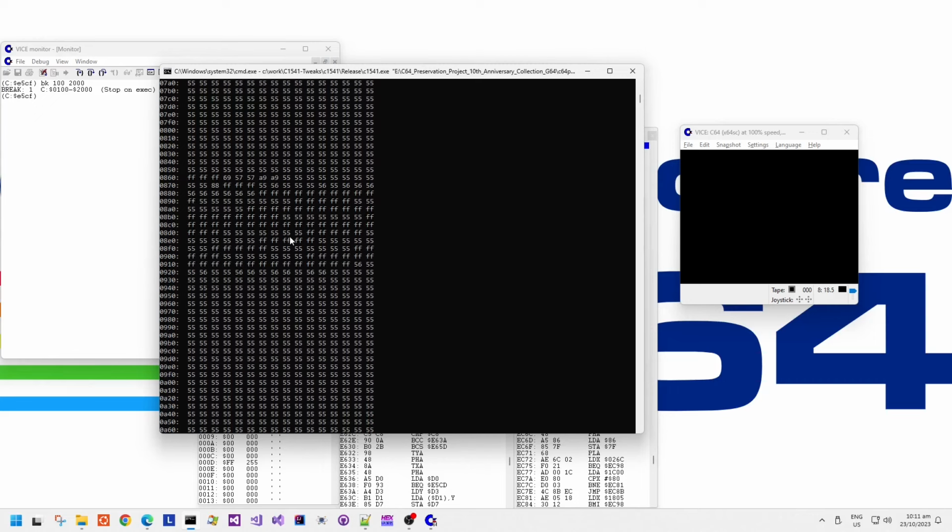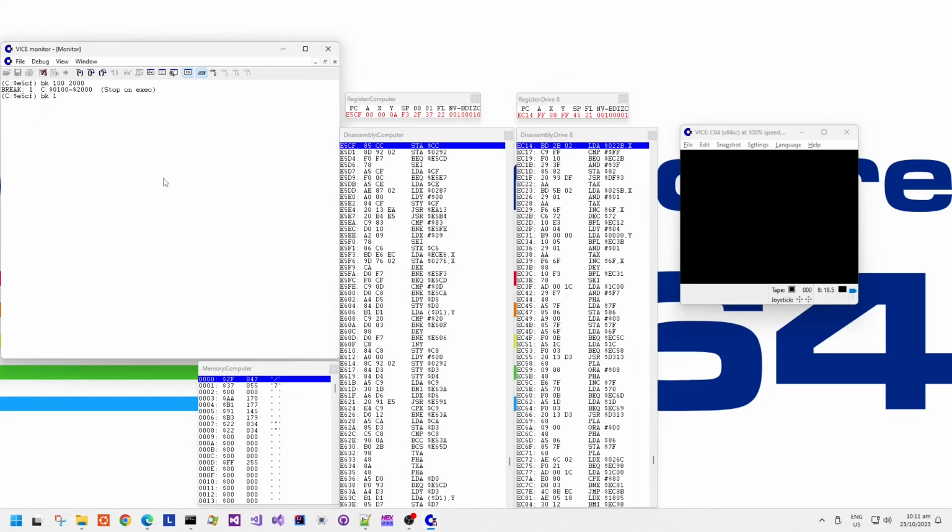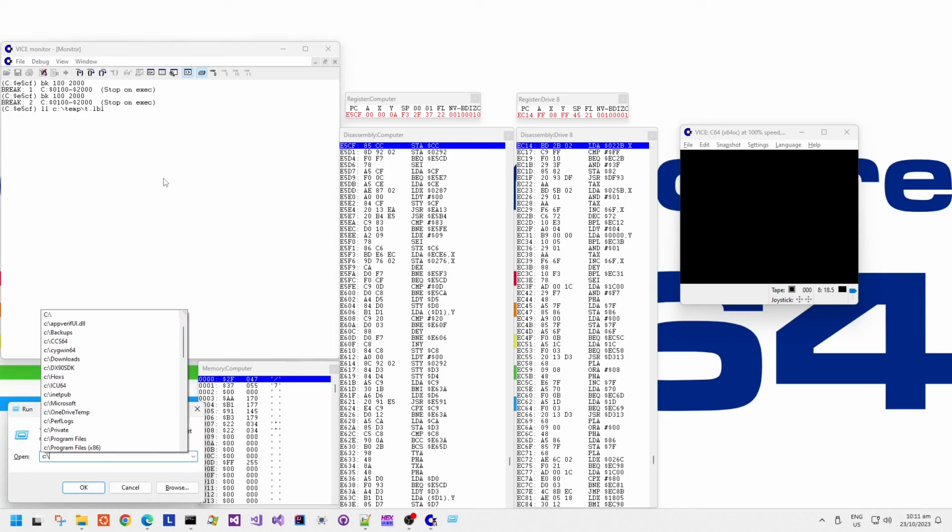So I can definitely see that there is data here. Obviously, it doesn't seem to be DOS format data. It's weirdly formatted data, as you would normally expect for protection information. So anyway, in anticipation of finding the drive, executing some code, I'm going to do the usual thing of loading some labels, and I've got